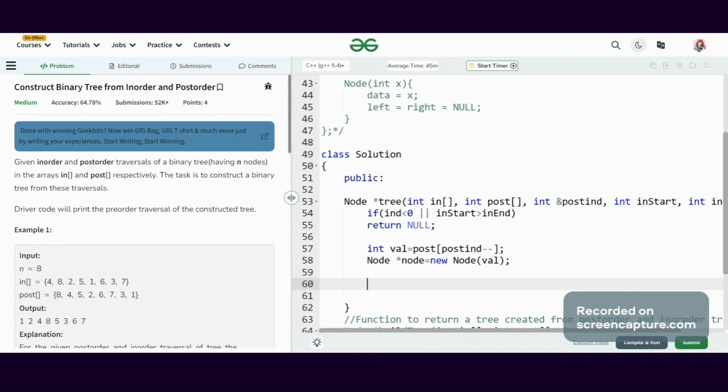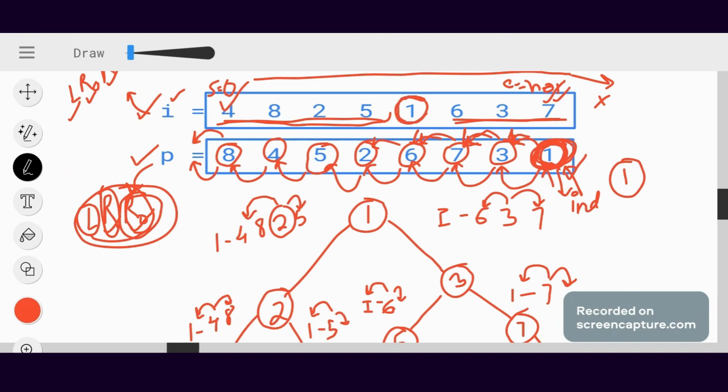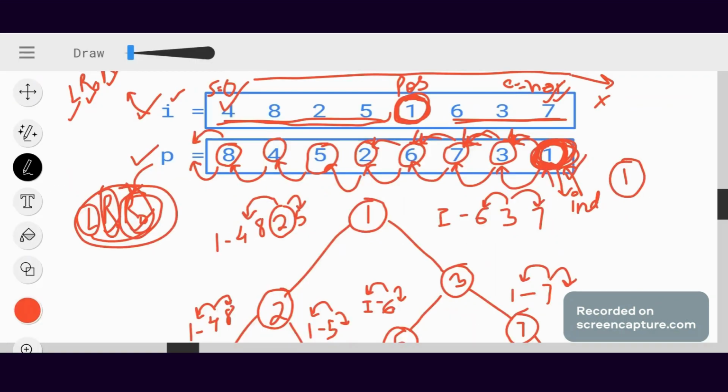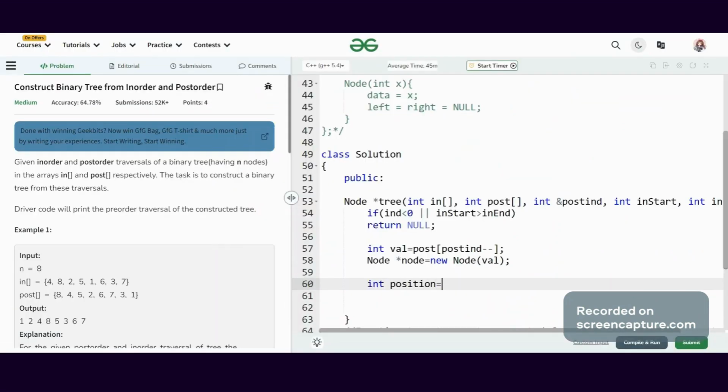Now what next? We have inserted our first node into our binary tree. Now we need to determine where is this element present in our in order. That means we need to return the position of this particular element. Fine. So to return the position, we need to find out the position of this element in our in order. Let's find out. Let's name it pos, and this is position.